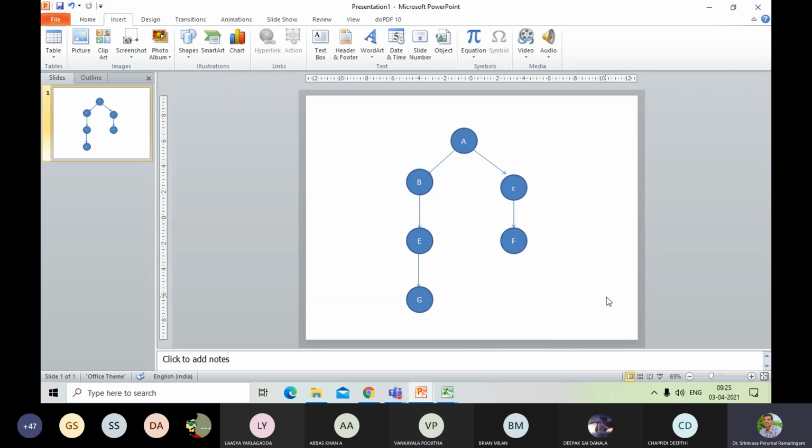If I come to the bottom-up approach, first G, then this module. Next we'll check whether G is working with E. Then we'll check E is dependent on B. So they will combine G, E, B. Similarly F, C. And finally they will combine with A. This is the bottom-up approach. Which will be better, the bottom-up approach or the top-down approach? Which will be the better one?